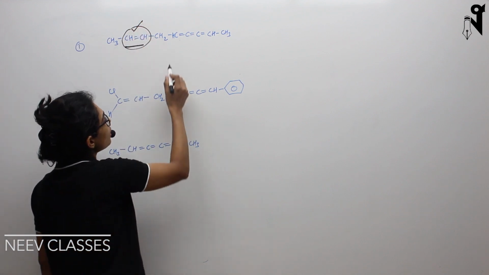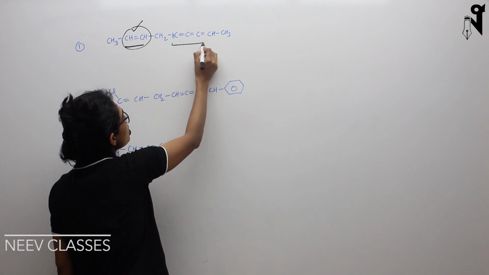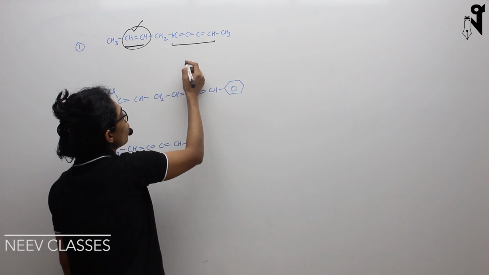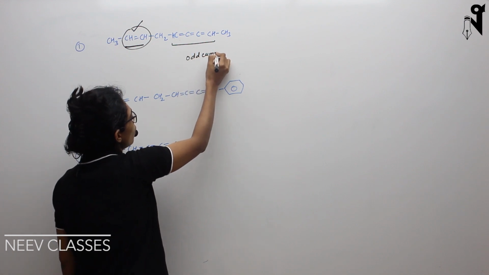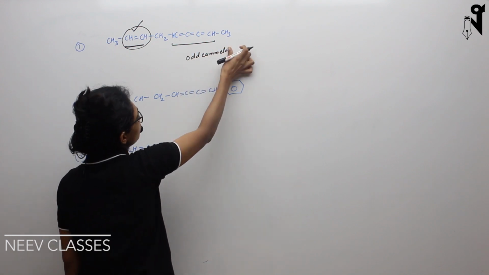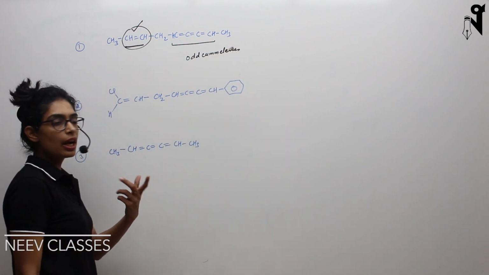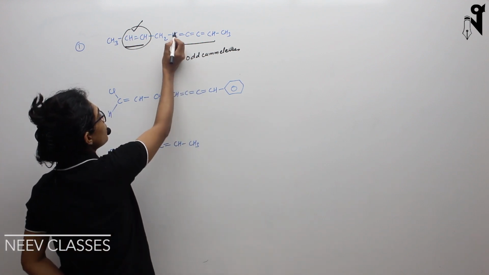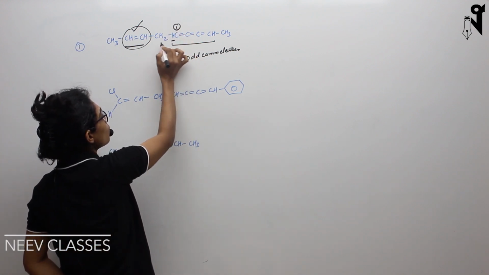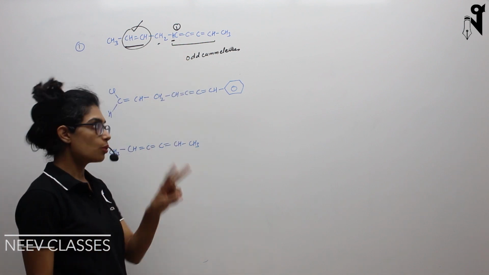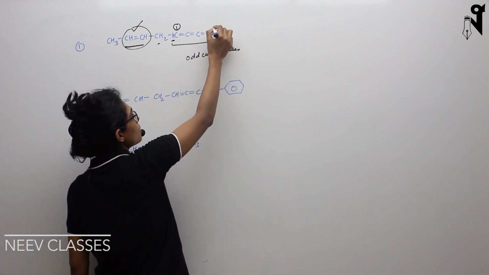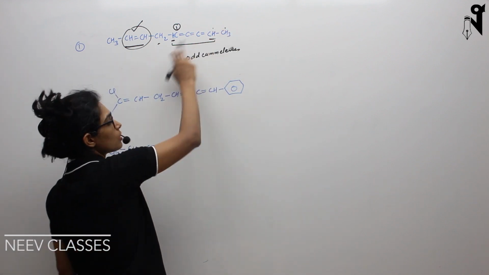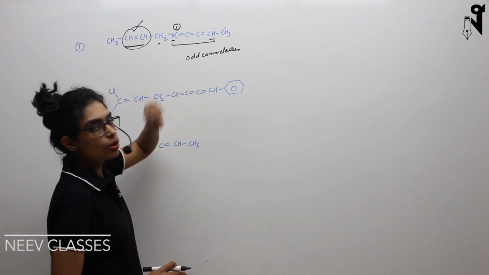Correct. Now look at the next part of the chain. This looks like a cumulene. How many double bonds are there? 1, 2, 3. So it is an odd cumulene, and odd cumulenes generally show GI. Now we have to check whether the first and last carbon have two different groups attached. This is the first carbon of the cumulene, so it has one hydrogen and one CH2 attached, two different groups. And this is the last carbon, so it has one hydrogen and one CH3 attached. So we can see cis and trans with respect to the hydrogens. Correct? So this will also show GI.